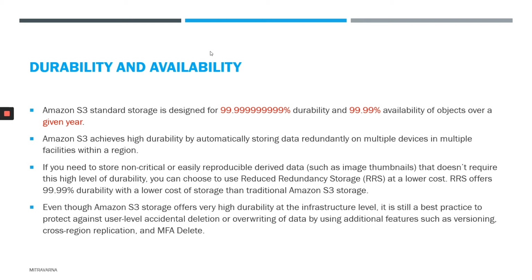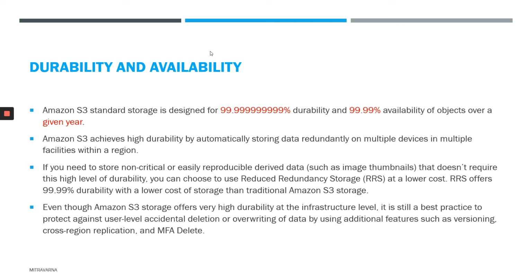So next one is durability and availability. Amazon S3 standard storage is designed for 99.999999999%, that is eleven nines, of durability and 99.99% availability of objects over a given year. So for 1 year it will be available, and if you want to continue, you need to renew it. After you renew it, 1 more year will be added. Amazon S3 achieves high durability by automatically storing data redundantly on multiple devices in multiple facilities within a